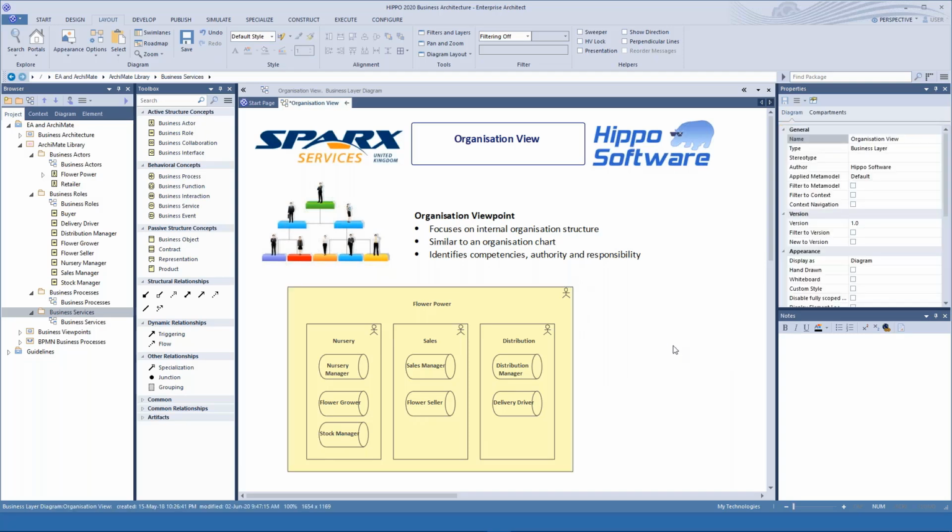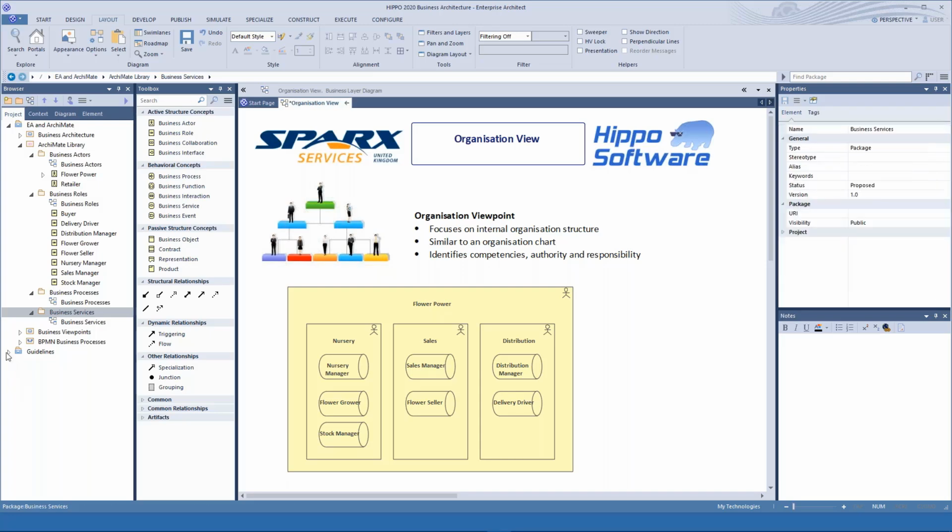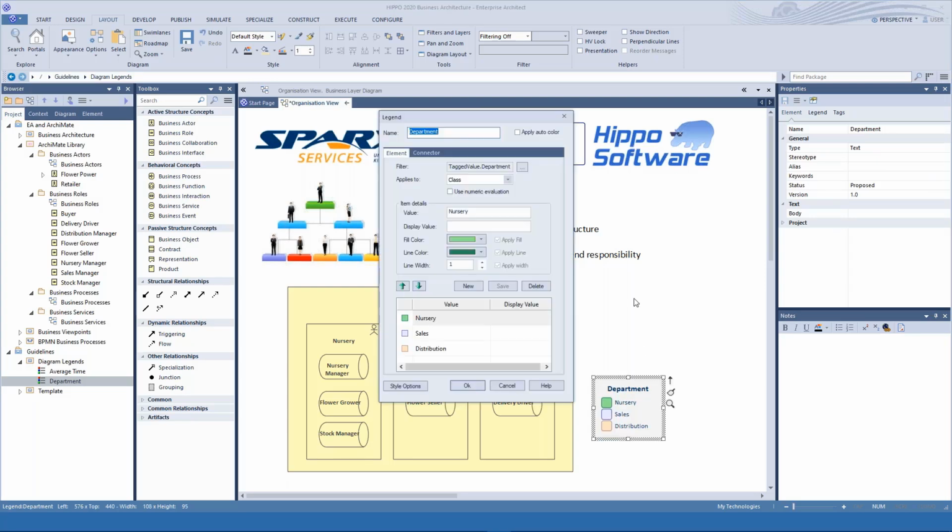organisation view. To make this diagram even more intuitive and appealing, the business architects add a diagram legend to the organisation view. To colour code the department based on the department tagged value and to apply an appropriate colour to each of the different departments. So they click the Apply Auto Colour button at the top of the dialog, and this applies